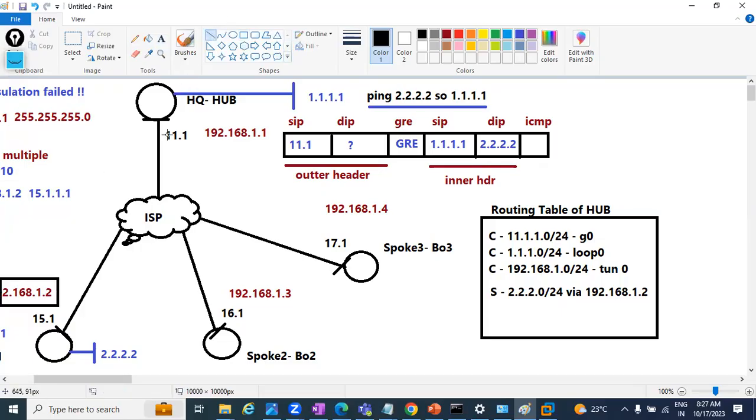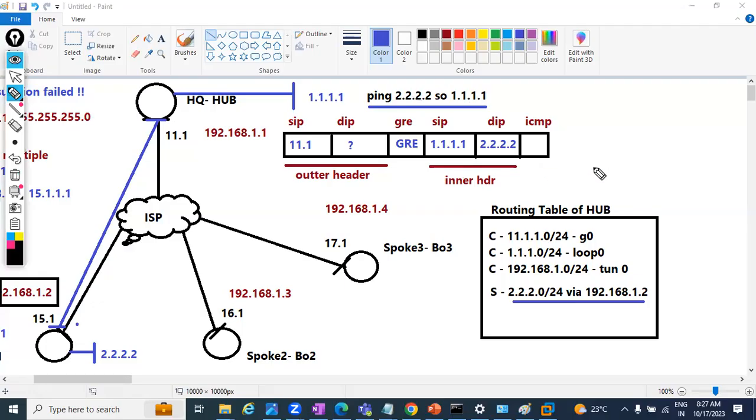Because now, once we have configured the earlier commands here, the NHRP table and all, after that this would be up. Is this entry ready or not? Now the question is next. The concept is when you try to ping, it would look into this routing table. Where is the destination, 2.2.2? Do we have any reachability to this? The answer is yes. How? Via